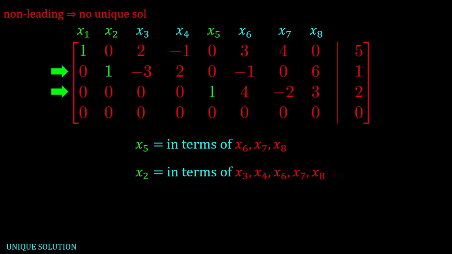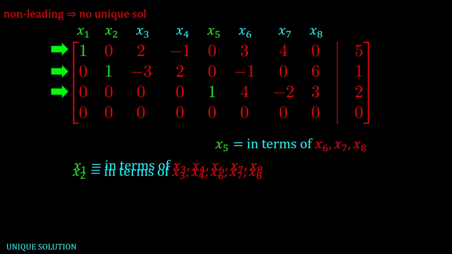But we can simplify that because we know x5 is in terms of x6, x7, and x8. And x1 we can write in terms of all of the following variables. And we can simplify this because we know x2 and x5 are in terms of x3, x4, x6, x7, and x8. So we have unique solutions for x1, x2, and x5 in terms of x3, x4, x6, x7, and x8, which are